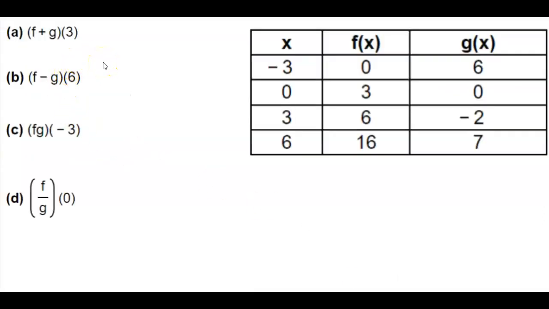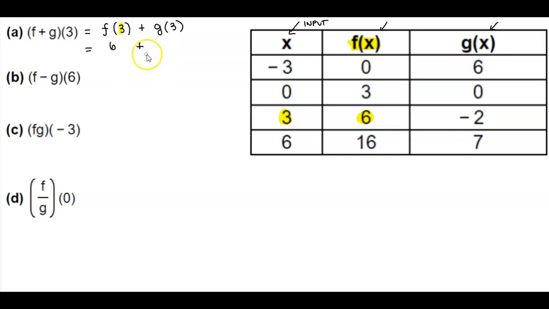So here's our problem. The first thing we want to do is write out the definition. So the definition is going to be the following. We want to have f of 3 plus g of 3. Okay? So this x represents the input. And this is the function f, and that is the function g. So when we see that the input is 3, which is x, what is the output for f? Well, the output is 6. So therefore, we know that that is 6